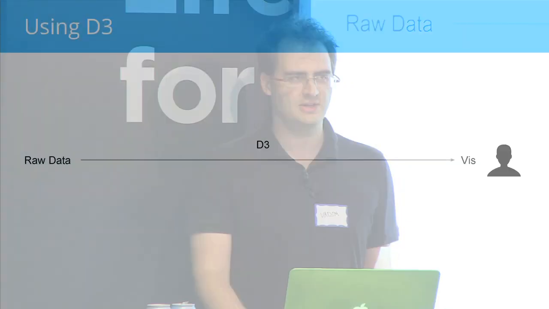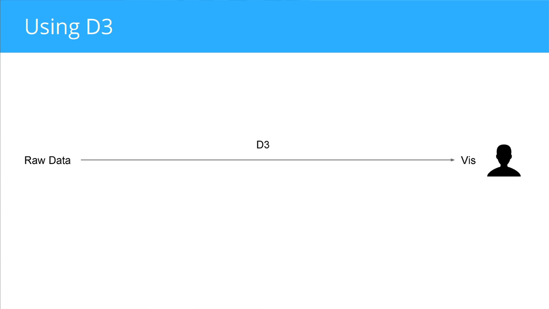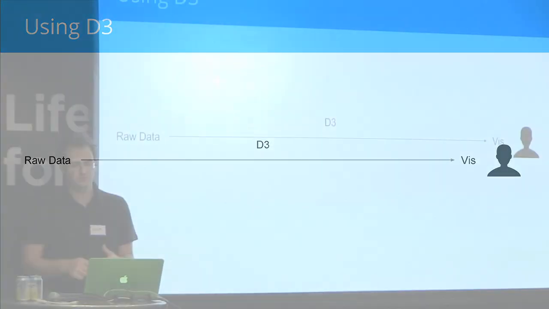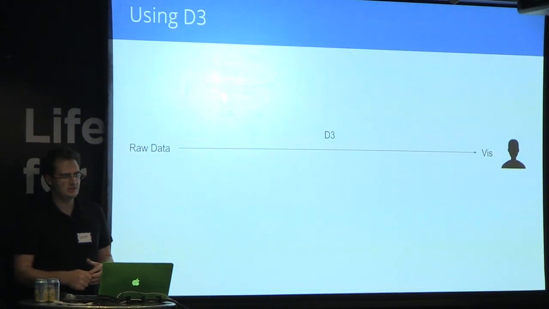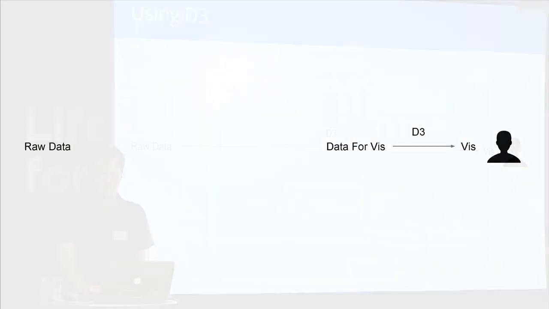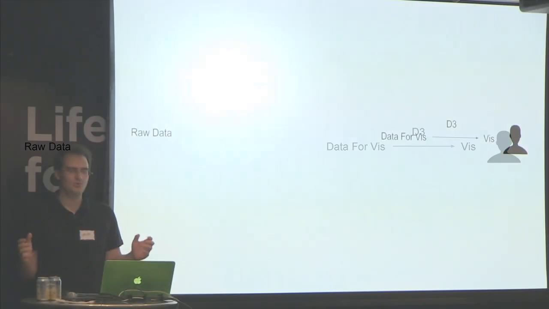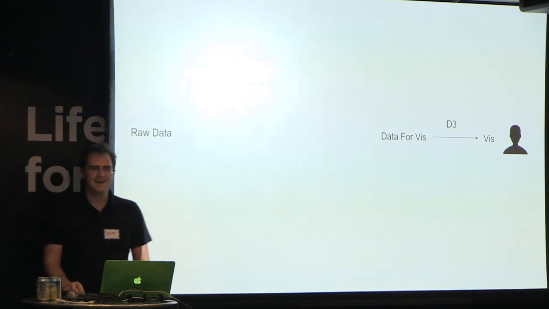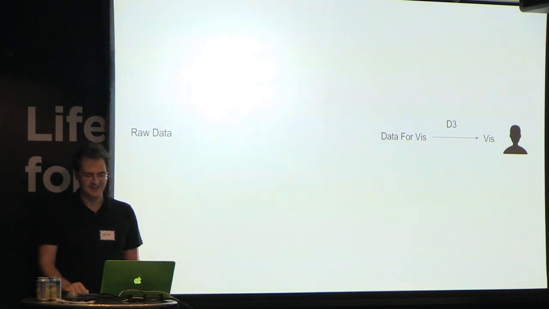I'm happy I'm giving this talk here because if this wasn't a D3 meetup, I'd have to convince you first to use D3, although it's not that hard these days. So, okay, easy, cool. We just have raw data, and we use D3 to make a visualization. What could be simpler? Well, in my experience, in the real world, that line doesn't look like that. In my experience, it looks more like this. So you have raw data, then you have a big question mark that is so questionable, I didn't even put it in. It's just an emptiness for you to project your dreams and hopes into.